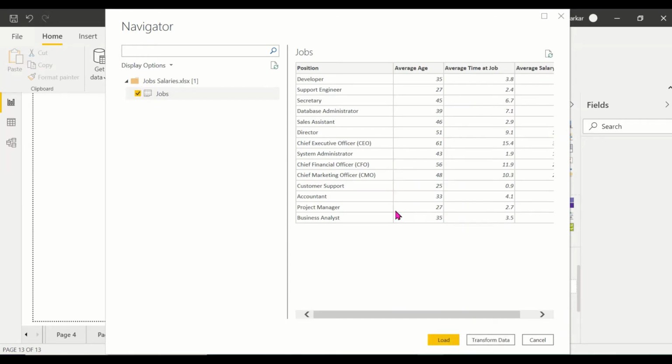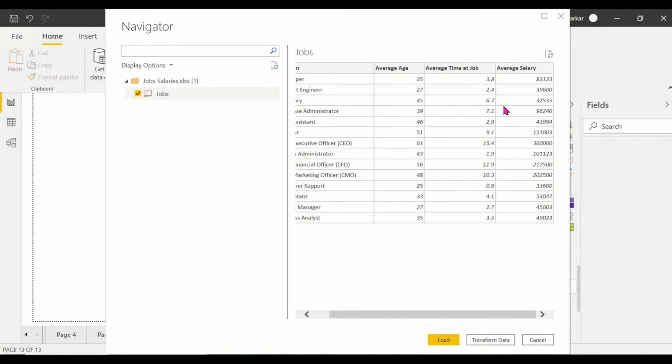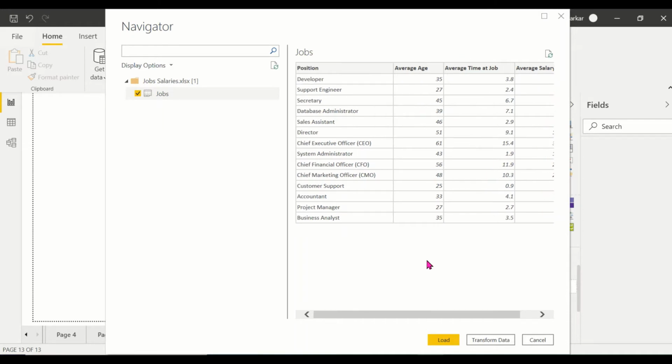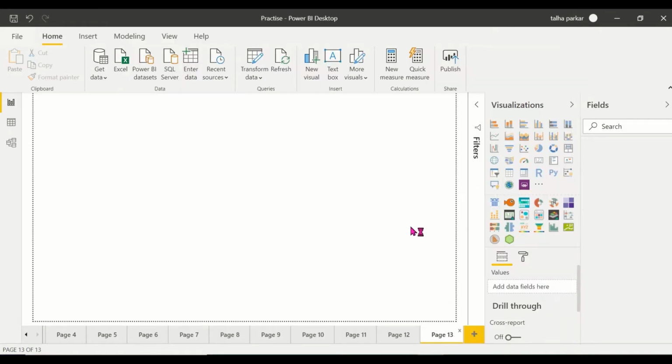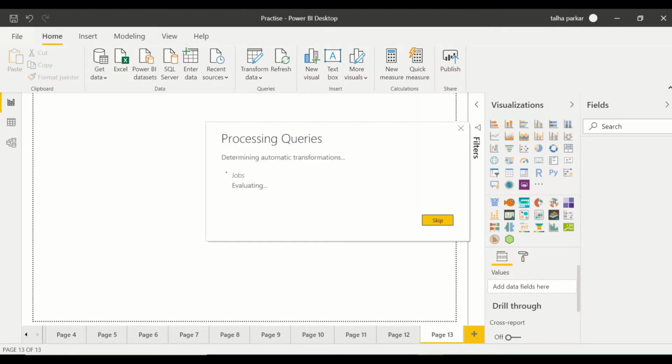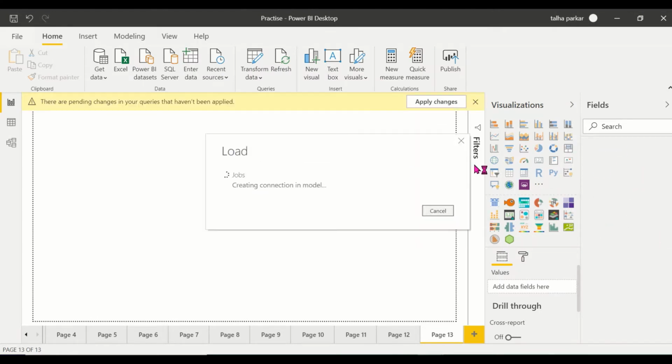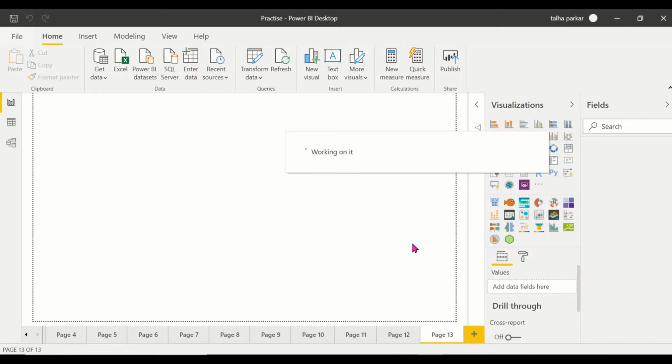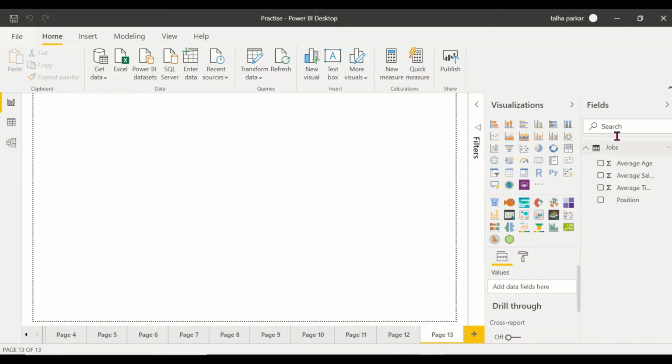Yes, so we've got 4 columns. We've got the position, the average age, the average time at the job, and the average salary. That looks great. I click on load, and in the fields pane you will see the 4 columns under the heading of jobs, salaries. So we've got 4 different fields to be working with, and if you go to the ellipses and click on import from app source,